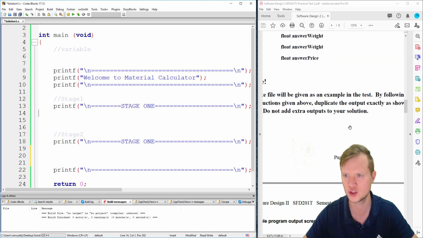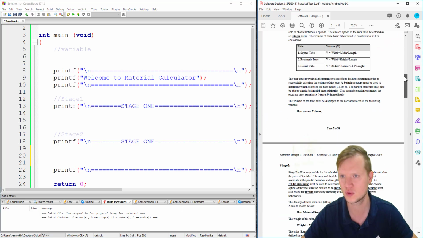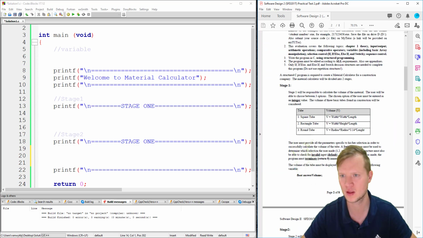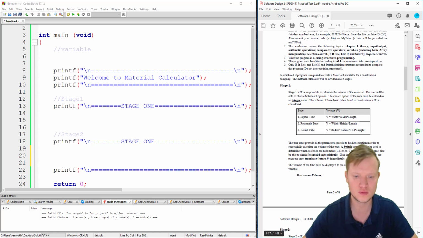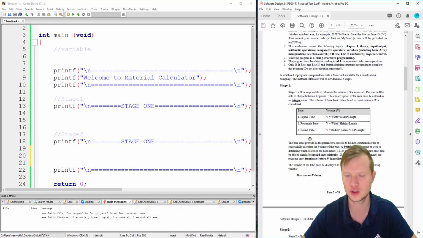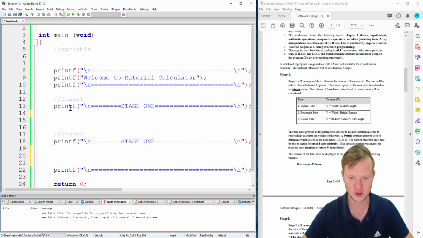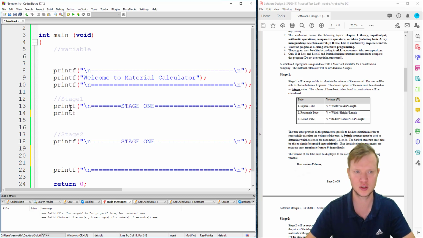So let's go back to the question at the top. First of all, if I zoom quickly out, we need to go and ask the user if he wants a square, a rectangle or a round tube. Then we will use an integer value to determine 1, 2 or 3, and we need to use a switch statement to go and determine 1, 2 or 3. So let's go. First of all, we're going to ask the user,